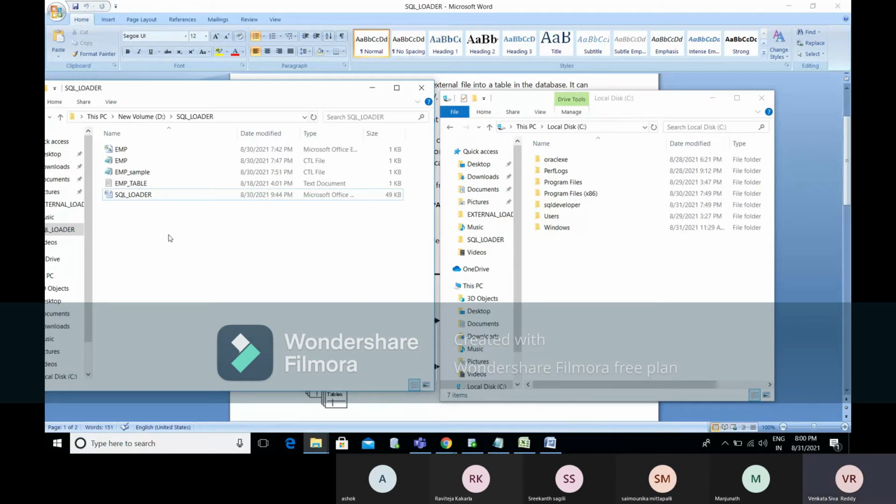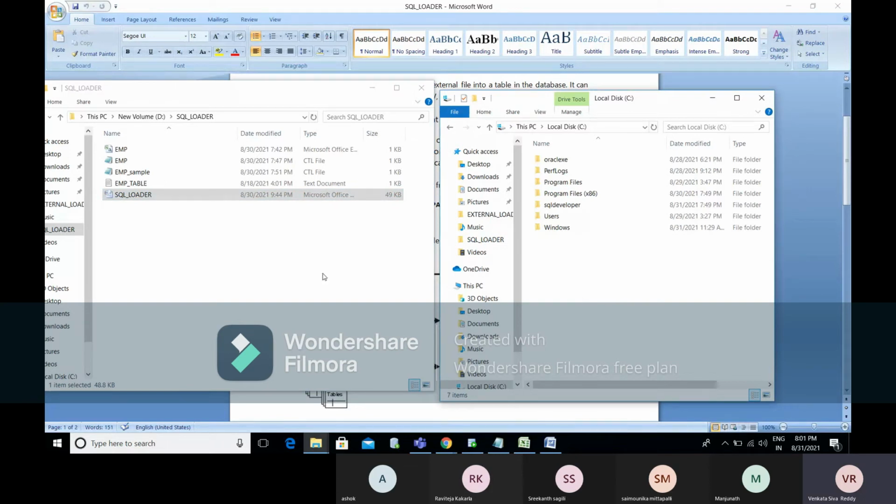So suppose this is one Unix server, this is our Unix server. In case we get the data from this place, we need to pick the data and move it from the client server to our server. For that we will use shell scripts. A shell script, in the sense of a Unix script, uses the SFTP command, the secure file transfer protocol. We'll use that command and pull the data from the client server to our server. It will move from here to this place.